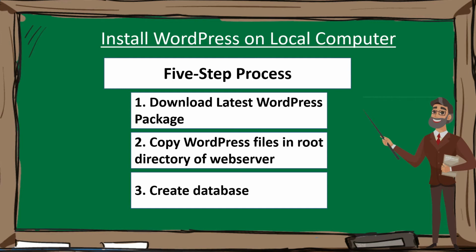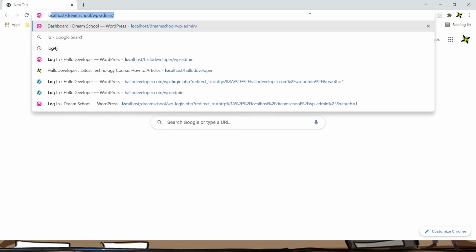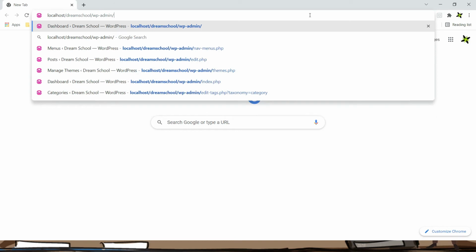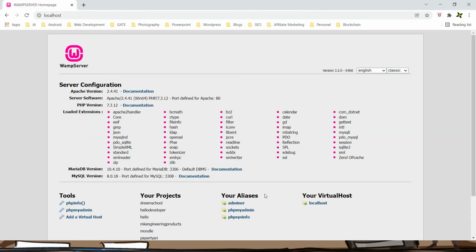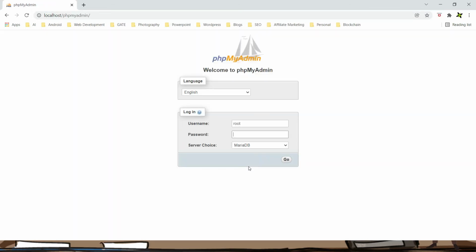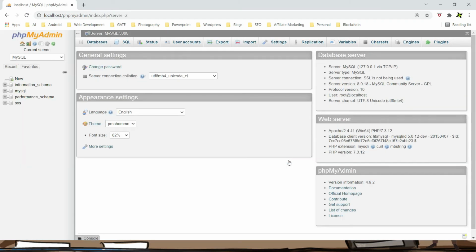Open your Chrome browser. Now navigate to localhost, that is your root directory. Click on phpMyAdmin, type in your username and password, select MySQL as server choice and click Go. Now your phpMyAdmin MySQL console is open.